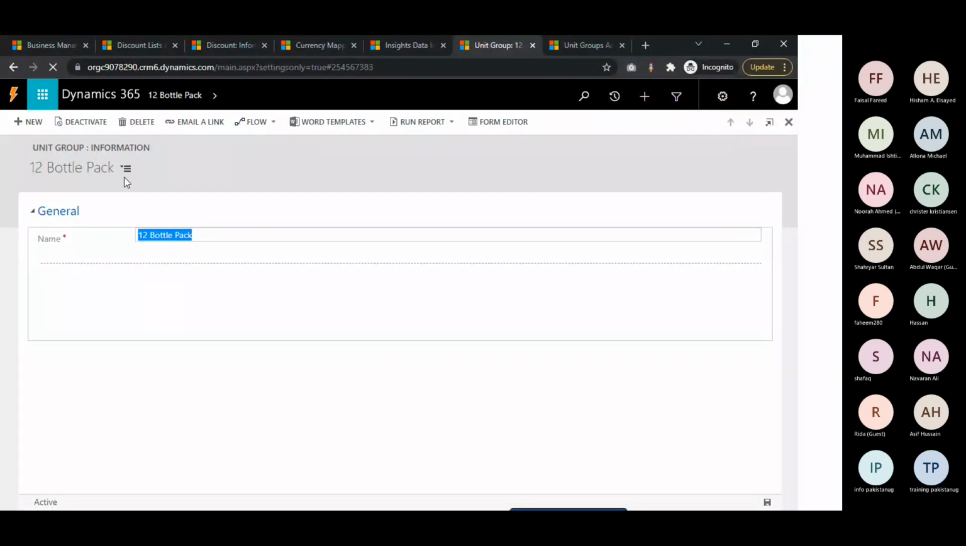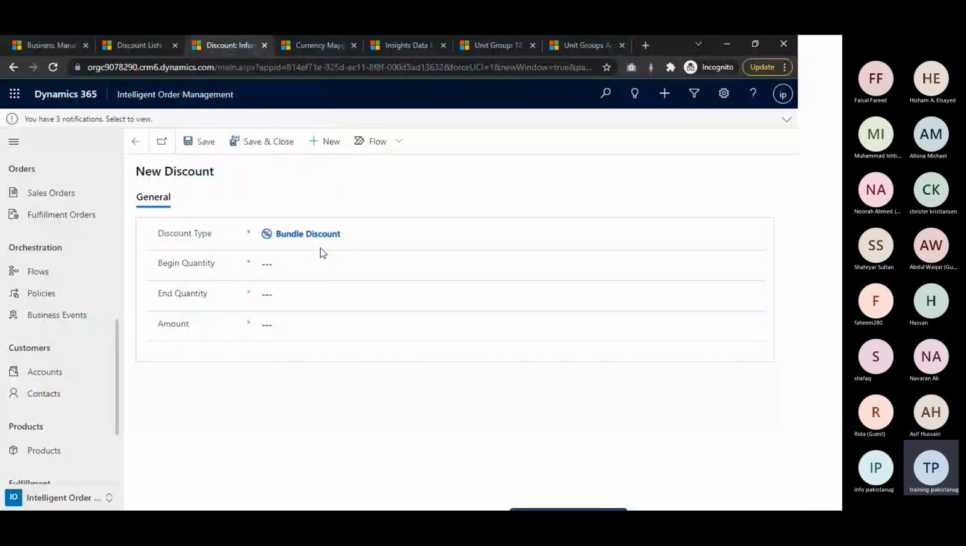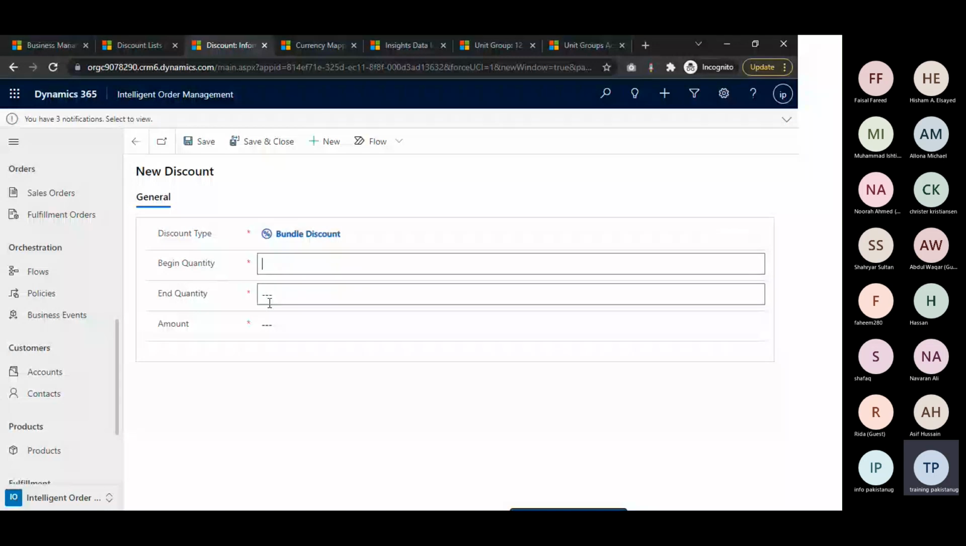It's a grouping of units to be used for our particular product. And when we define the product, I will show how we are using the unit group together. So going here, the discount screen, you see I created a bundle discount, and here the beginning quantity and end